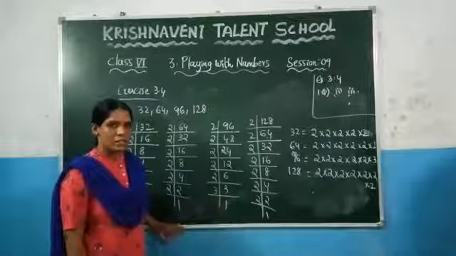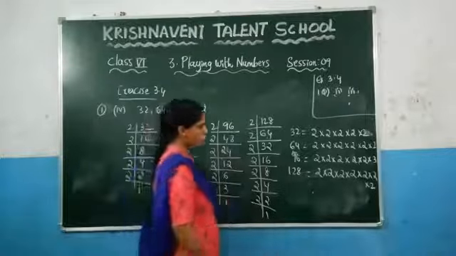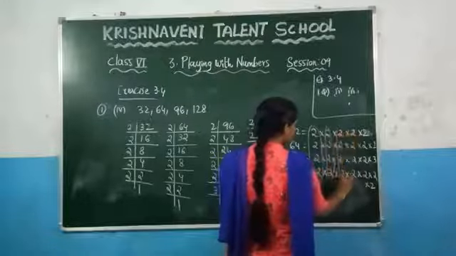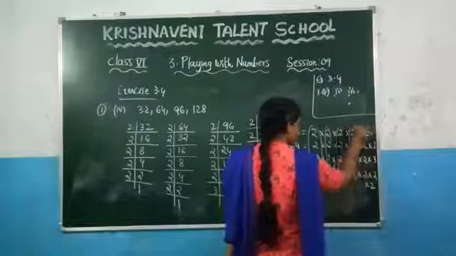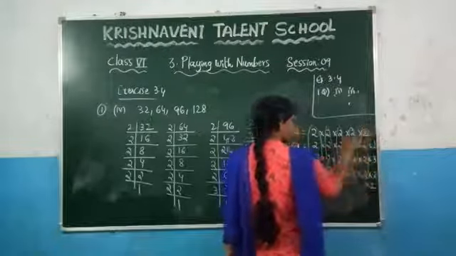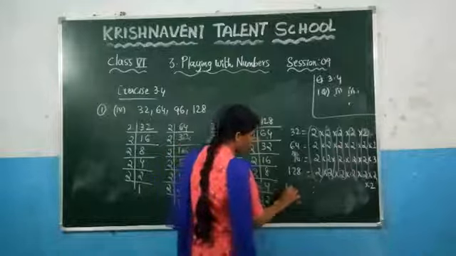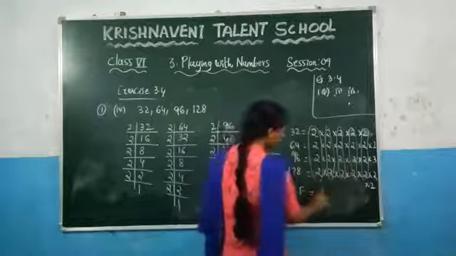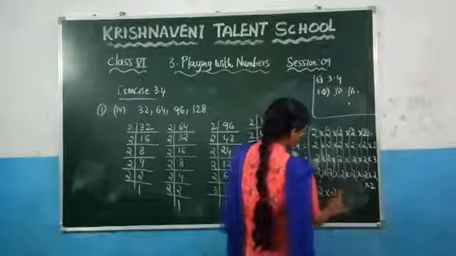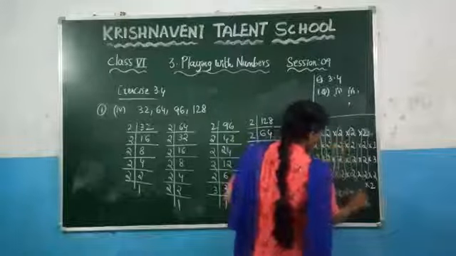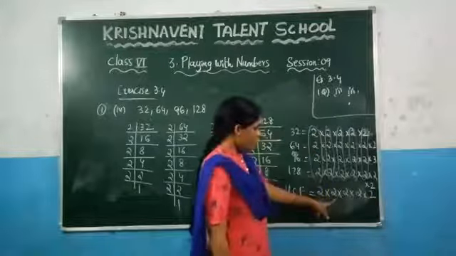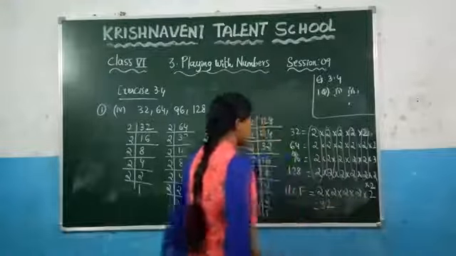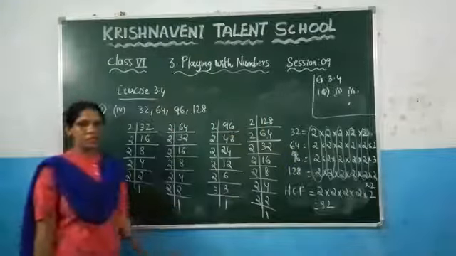If you want to find the HCF, you need to check what the common factors are. So the common factor here is 2, and here also 2, again and here and here. That's it, right? To find the HCF of these given numbers, you need to take the product of these common factors. So 2 twos are 4, 4 twos are 8, 8 twos are 16 and 16 twos are 32. So the HCF of these given numbers is 32. Like this you need to find.